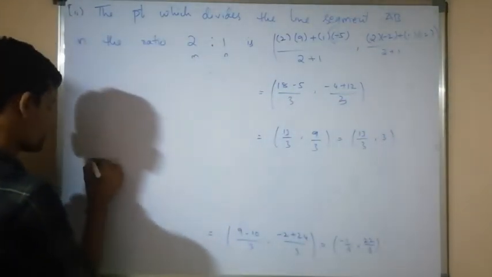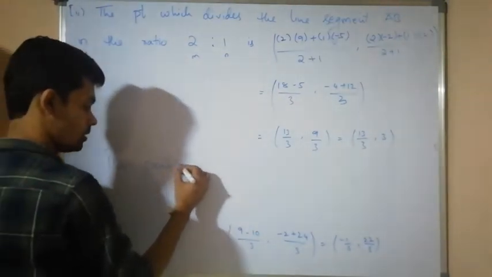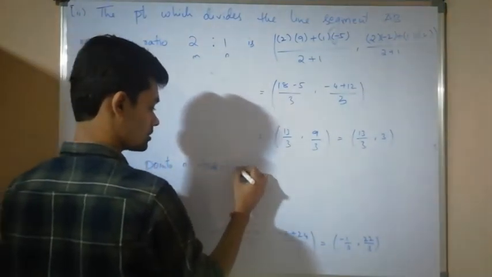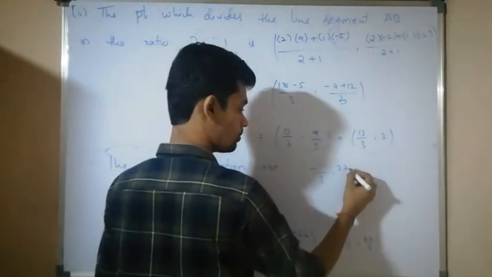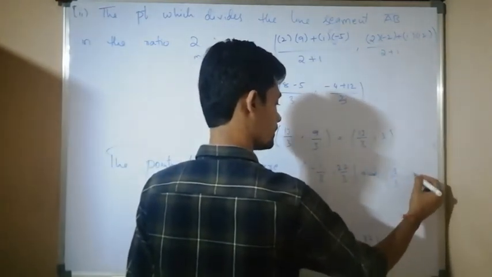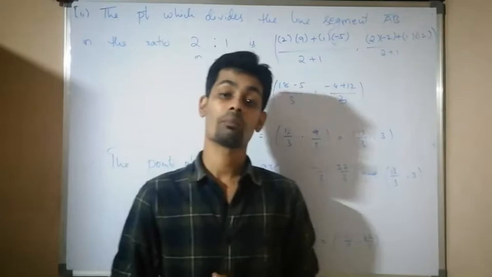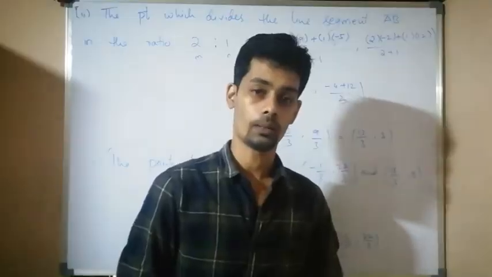Therefore the points of trisection are (-1/3, 22/3) and (13/3, 8/3). These are the 2 points which divide the line segment AB in the ratio either 1 is to 2 or 2 is to 1. In the previous lectures we have learned that if a point divides